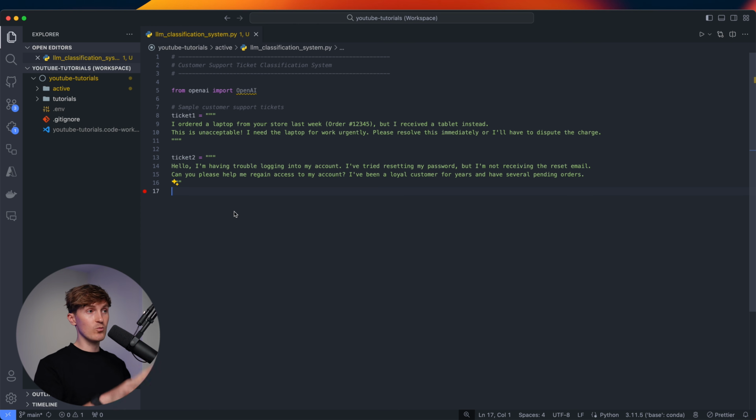Now, that said, while we are going to use text right now, with the capabilities of OpenAI and other models, you can also apply these same principles to classifying images or classifying audio. You can almost classify any data at this point using the approach and the techniques that I will share in